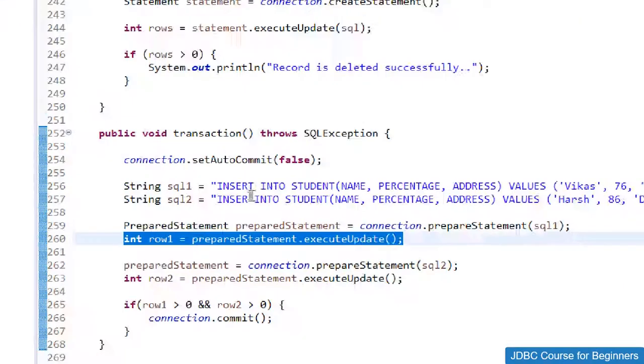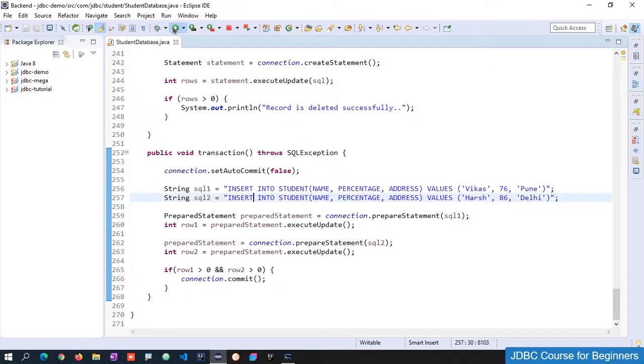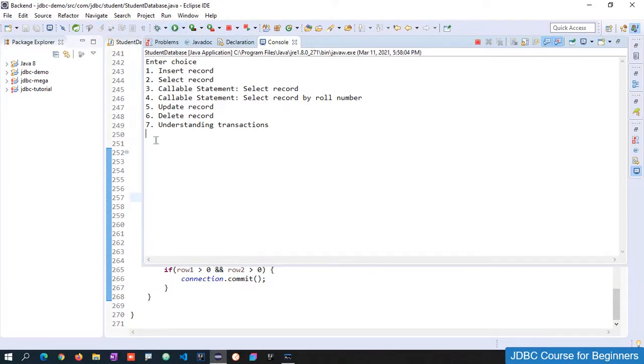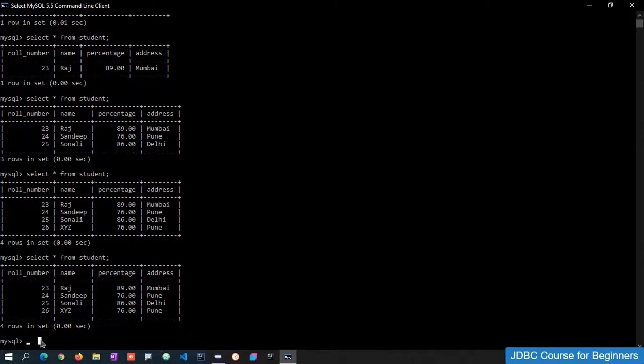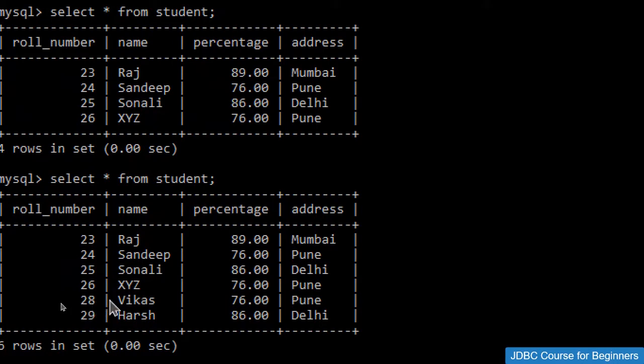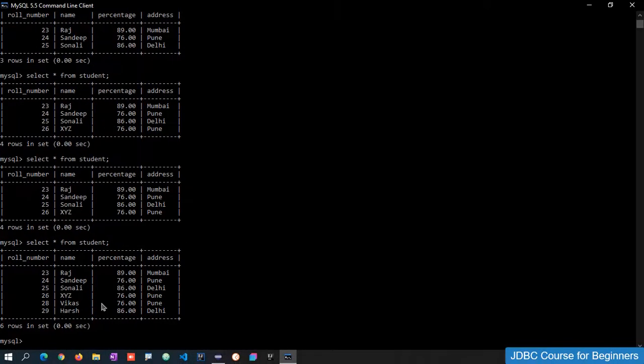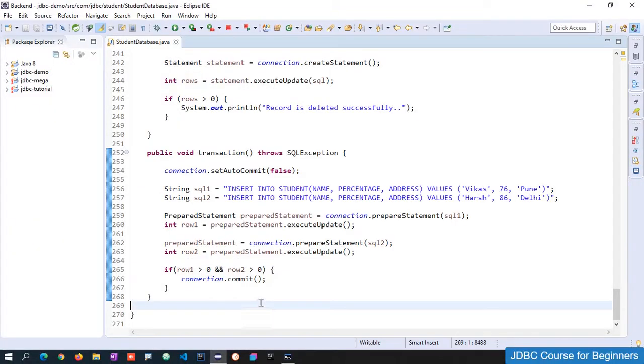Now let me go to this and make it correct, let me write insert into student. Now let me save this code and run it again. Let me choose the seventh option and go back to see what happened. And again we are able to see the records Vikas and Harsh, both of these records. So this is how we can manage the transactions.